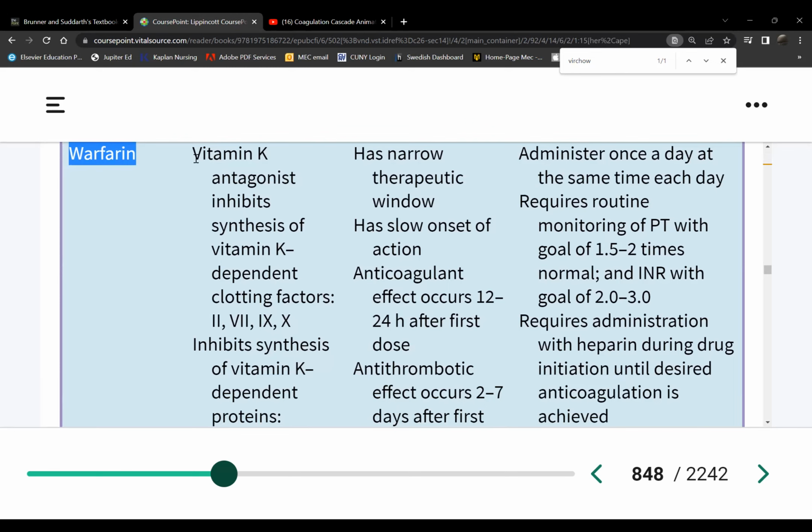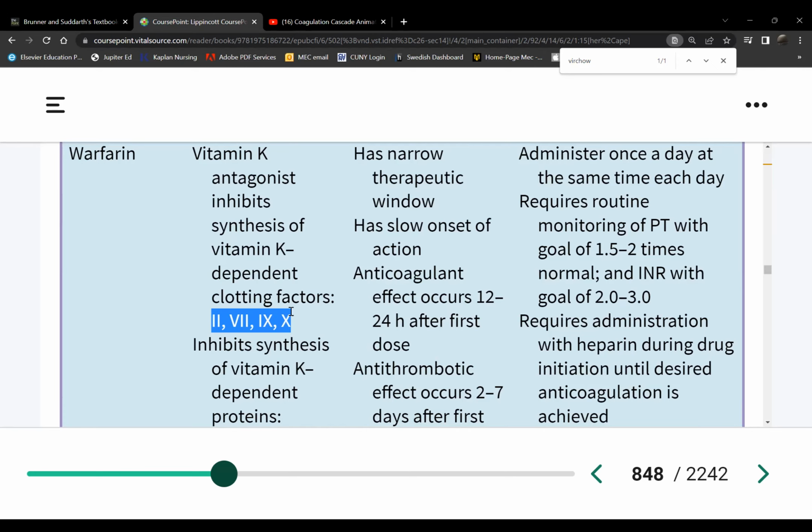Okay, so how does warfarin work again? Vitamin K antagonist. So when I take it today, what will happen to my vitamin K production? It's inhibited. So will I still be making normal amounts of vitamin K? No. So therefore, am I making enough clotting factors? No. Those 4 clotting factors, factors 2, 7, 9, 10. Am I making these today? No, not today, right? I take it today, it will stop or slow down production.